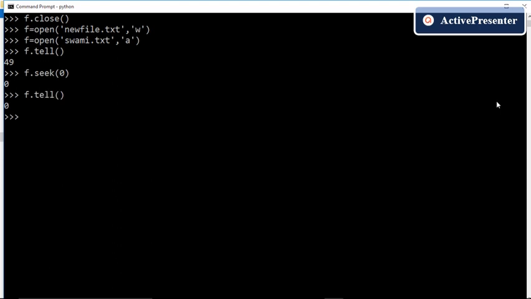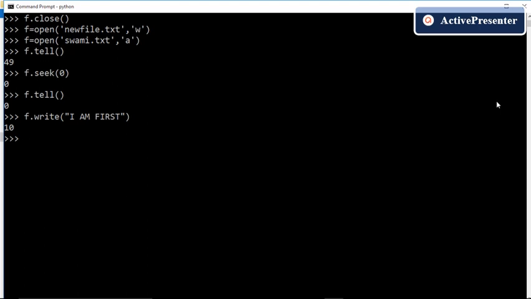Okay, it is showing that the read write pointer is now pointing to location 0, that is at the beginning of the file. Okay, let us perform the write operation. If we perform the write operation, it is showing that 10 characters have been written.